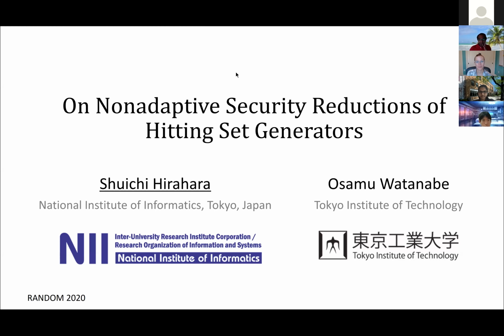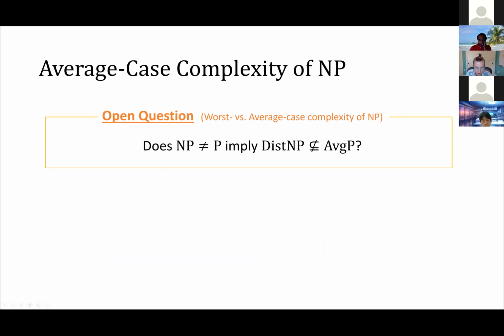Okay, so the main question we are concerned with in this work is the relationship between worst case and average case complexity of NP. Specifically, assuming that NP is different from P, can we prove that NP is average case hard, in the sense that DistNP is not a subset of AvgP? Here, DistNP is an average case version of NP, and it consists of distribution problems (L, D), where L is an NP problem, and we consider efficiently samplable distributions on it. AvgP stands for average case polynomial time algorithms, and here we are going to consider errorless average case heuristic notions.